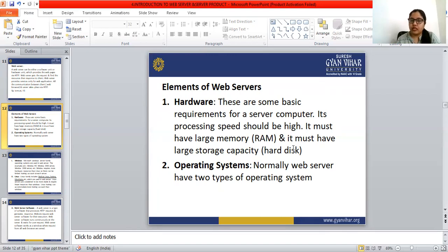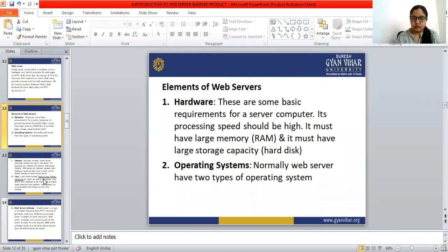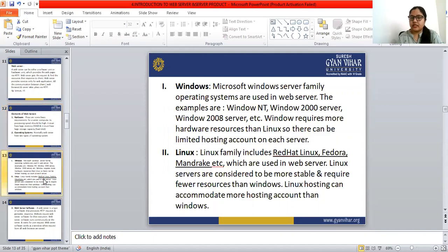The second element of the web server is the operating system. Normally a web server has two types of operating system. The first one is Windows and the second is Linux.